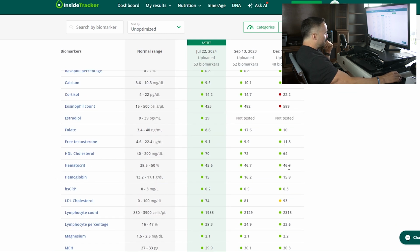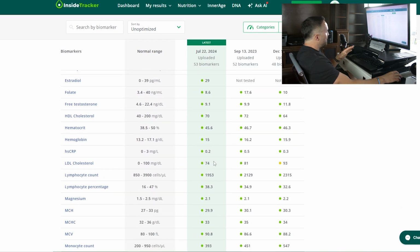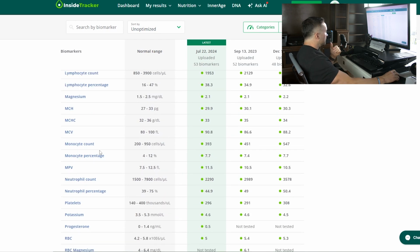So just going through everything else kind of quickly, we won't pull it up individually, but folate, again, optimized, hematocrit, optimized, hemoglobin, optimized, those have been pretty stable. Lymphocytes are optimized, lymphocyte percentage is optimized. All my other immune and inflammatory markers are optimized. So monocyte count, monocyte percentage, again, immune markers, neutrophil count, immune markers, neutrophil percentage, all those in the optimized range. So again, that one marker with the immune system was modestly elevated, but I'm not worried about it because everything